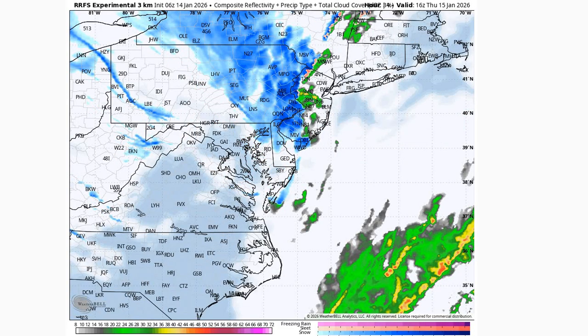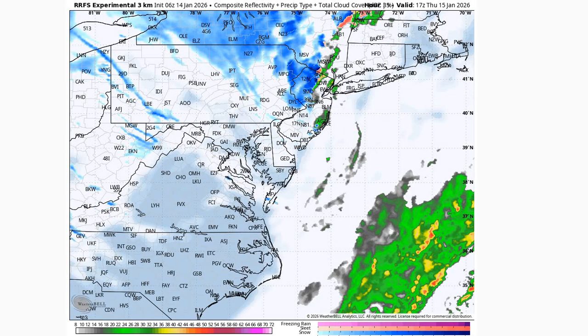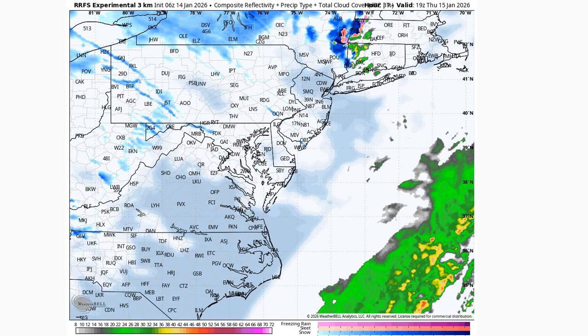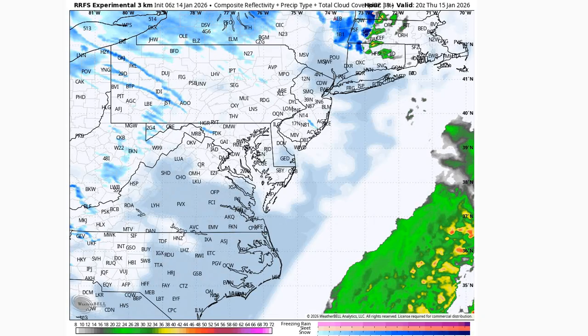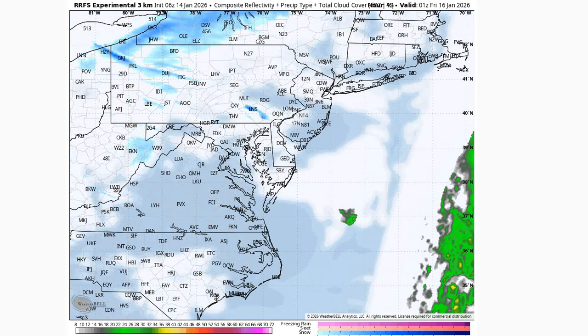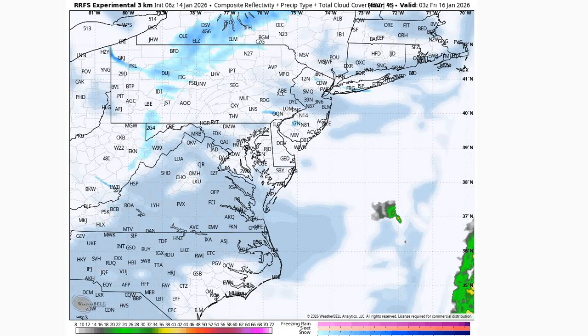But what we will see is some ramping up of those winds just ahead and behind that boundary as it pushes through, and those winds shifting northwesterly, and with that going to see much colder temperatures moving into the area, and we'll struggle to get into the mid-30s as we move through the remainder of our Thursday, keeping those winds elevated, so likely seeing a wind advisory through the day Thursday, and we'll likely see breezy conditions continuing into much